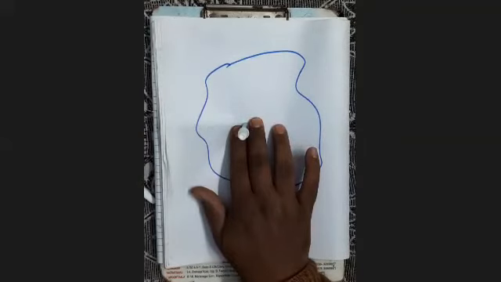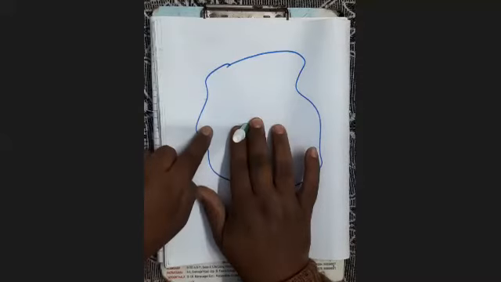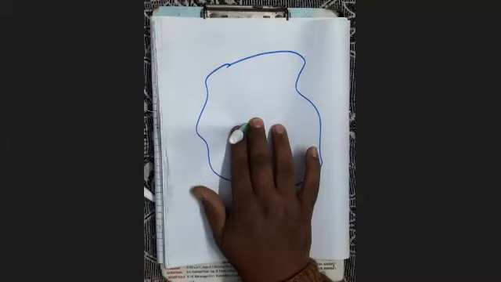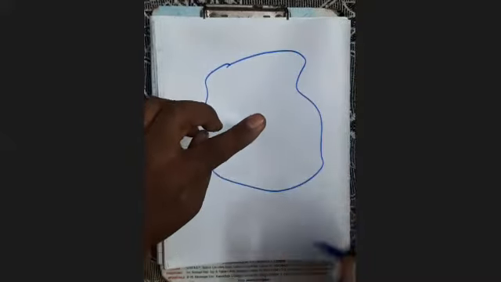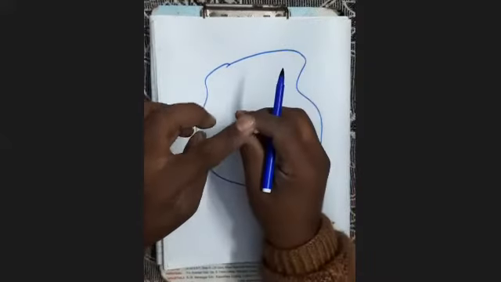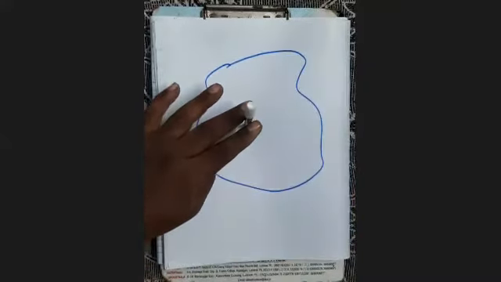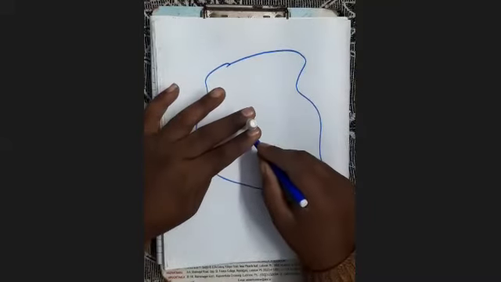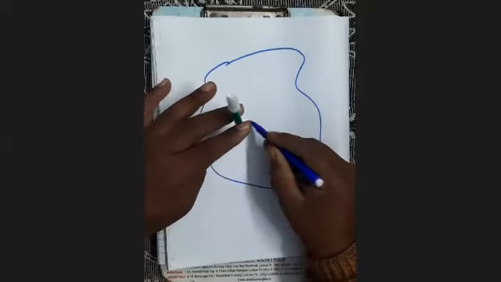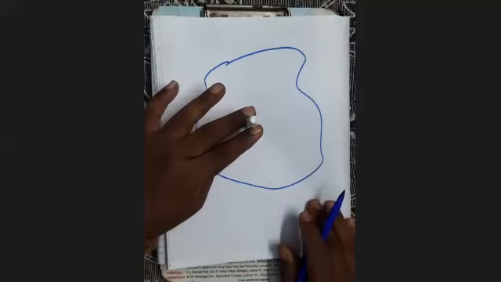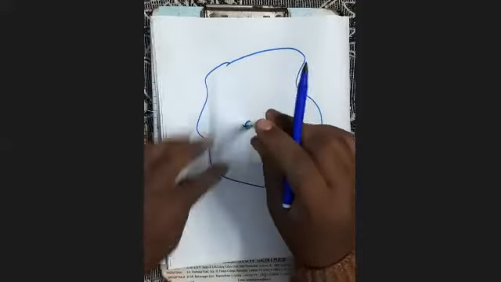So according to this theorem, it will be equal to the sum of the MI of this lamina about two mutually perpendicular axes which are lying on the plane of lamina and meeting at which point? Where this perpendicular axis is meeting the lamina. So see here, this is the perpendicular axis. It is meeting the lamina at this point.